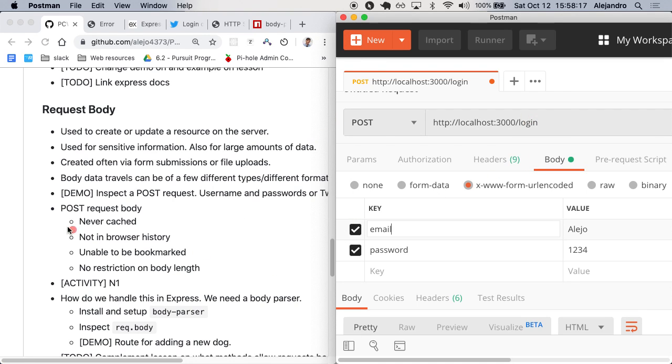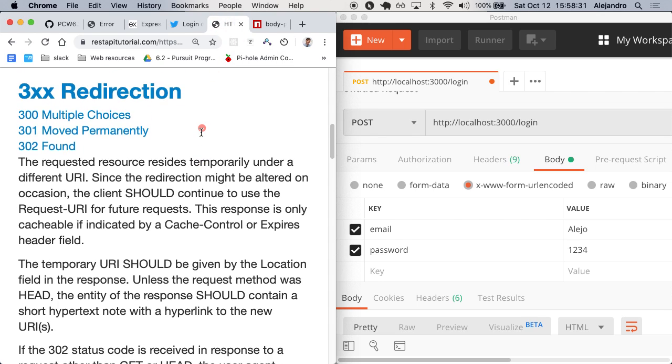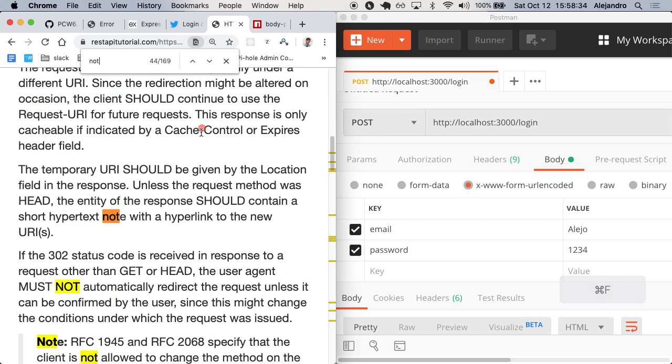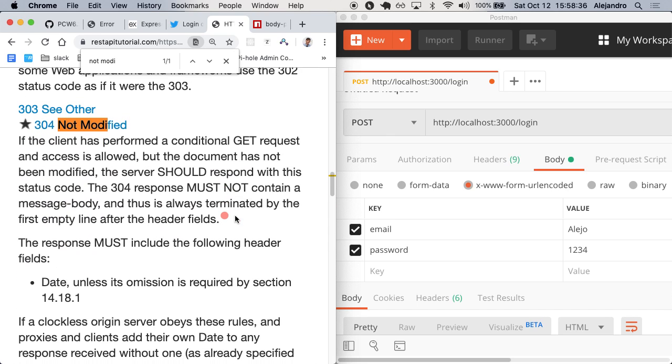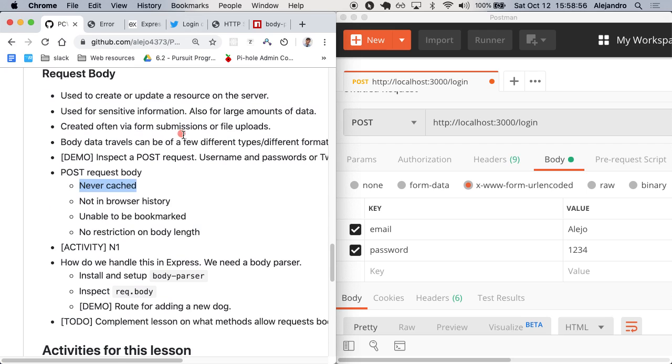And note this also, a POST request body is never cached, which means nothing will remember it. When you get a 304, not modified, it means that you made a network request and the resource at that URL has not changed. You were just given back the copy that was saved for you to use later, or was cached. But POST requests are never cached